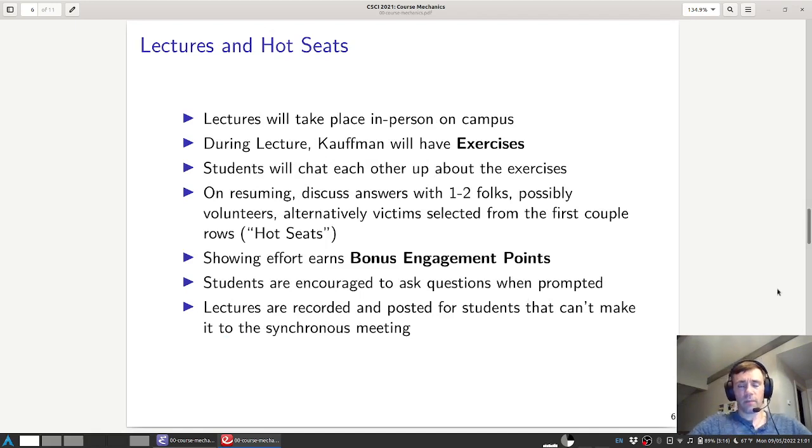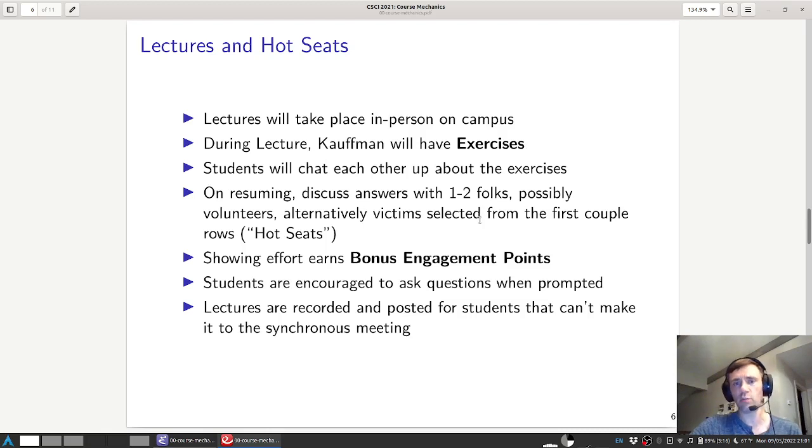During lecture, we'll have various kinds of conversations. I mean, we'll start out in most cases with me talking through some slides, giving you some information about stuff, updating you about logistics for the course. But inevitably, we're going to get to some exercise material. I'll ask some questions, put up some things, and ask, what do you think about this? Or how would I go about solving this? Or what's the right way to code something up to this? What's wrong with this code? Generally, I'll give you a few minutes to chat up your neighbor about those things, and after resuming discussion,